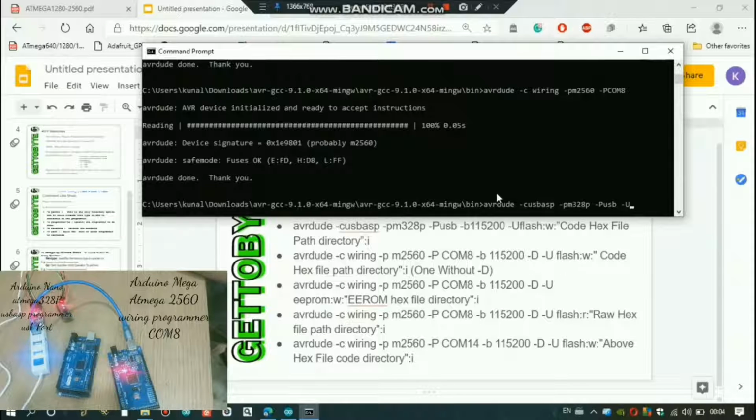Then minus U, then the type of memory, minus U flash, semicolon, what operation we have to perform, write, then semicolon, and then the code hex file path directory.